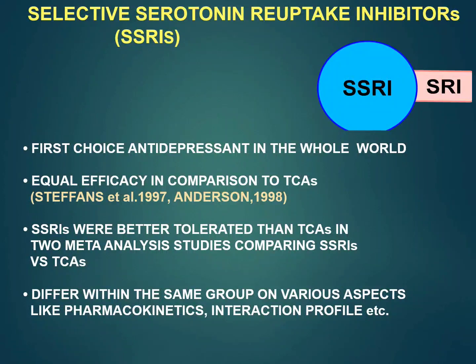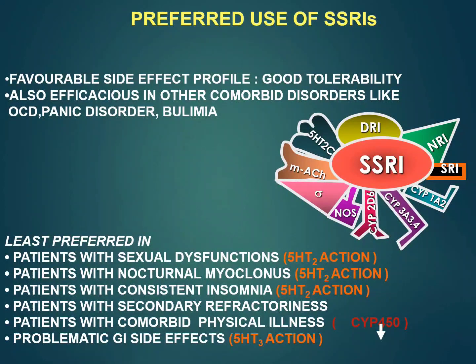SSRIs are the safest and the first choice of antidepressant in the whole world at this moment. They have equal efficacy in comparison to tricyclic antidepressants. SSRIs were better tolerated than tricyclic antidepressants in two meta-analyses. They have good tolerability, and they are also efficacious in comorbid disorders like OCD, panic disorder, bulimia nervosa,